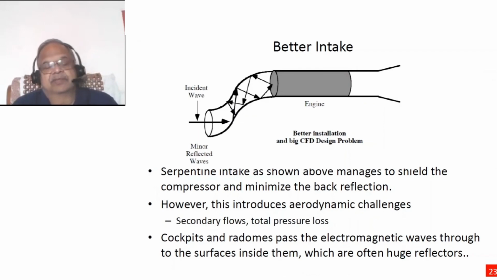Several attempts have been made to minimize the secondary flows by having vortex generators inside, and different kinds of techniques have been followed. Another major area where electromagnetic waves are reflected back is from the cockpits and radomes. Most aircraft themselves have radar transmitters for several other purposes. These two are dead river waves, and cavity lighting which is formed in the cockpit also acts as a huge